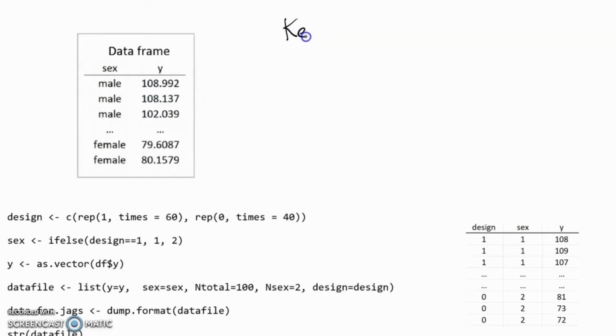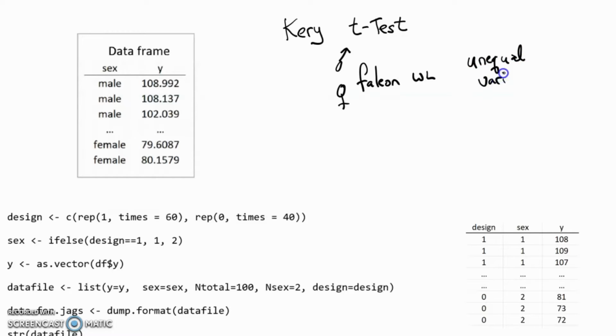In the previous video, we looked at Carey's example of a t-test comparing male, female falcon wing lengths, assuming unequal variances. And now we're just going to repeat that using an alternative flowchart